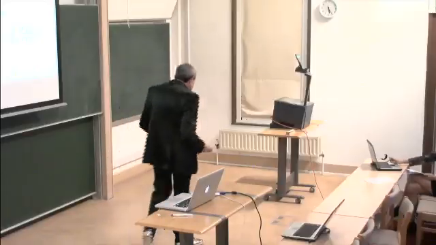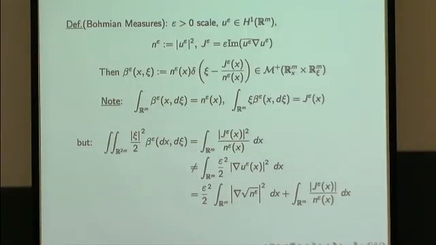Okay, now this sort of leads me to a definition, and this is the definition of Bohmian measures. And let me just not tell you why I do this at the moment. Let me give you the definition and then show you what it does. Okay, so given a scale of positive numbers, epsilon that tends to 0, given a wave function, say in H1